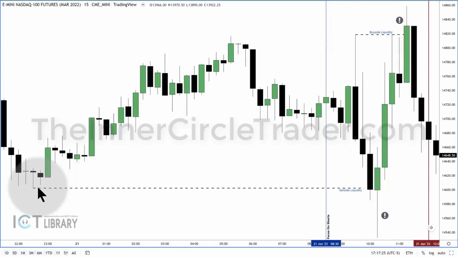The sell side liquidity, you can see that the market trades down, hits that, runs through it, then rallies all the way back up, clearing the equal highs. So the buy stops have been taken here. Okay, so at both of these price points here and here, that's the point at which you'll look for or anticipate a market structure shift. And you don't force it.